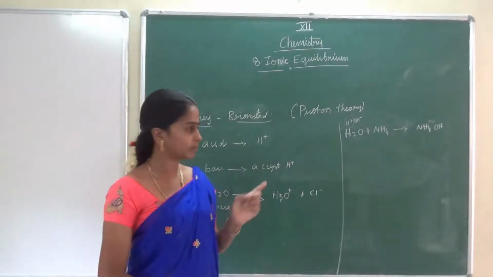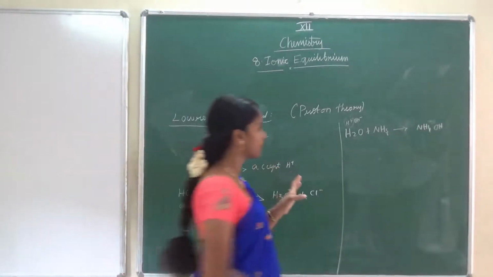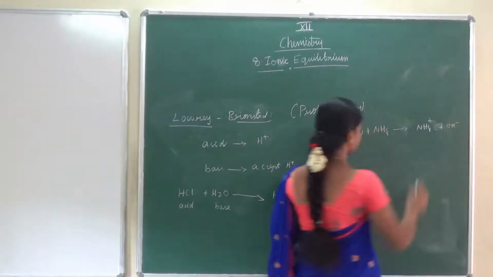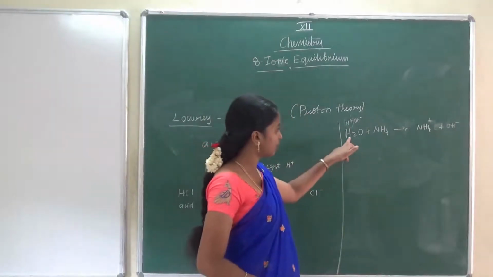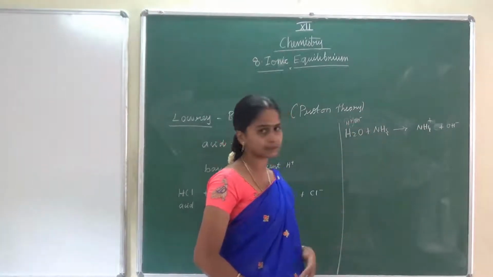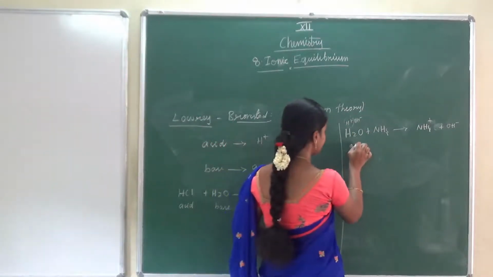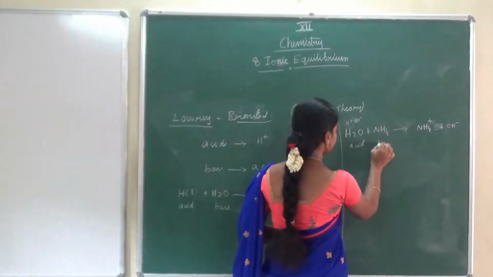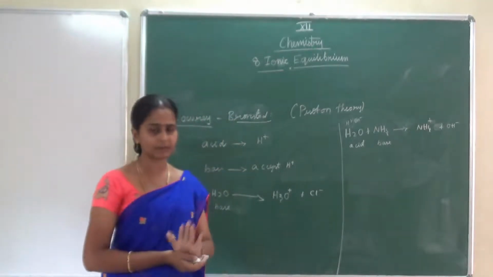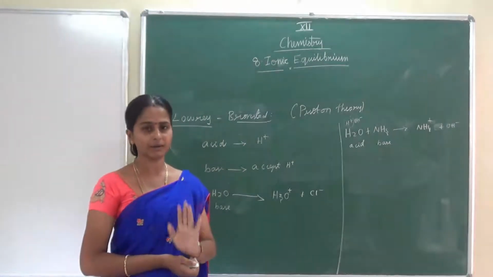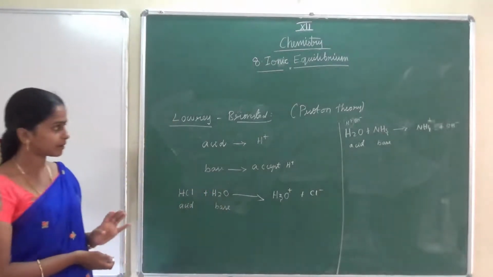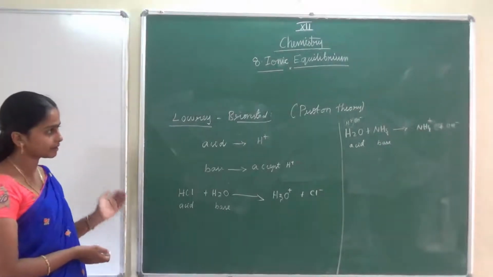If you know that, simply when we write NH4 plus and OH minus, let me write separately so that you can understand better now. Here water is releasing H plus and ammonia is accepting that H plus. So now water is acting as an acid. Here ammonia is acting as a base. That's all. So whoever is accepting proton are bases, whoever is releasing proton are acids. Very simple concept. Next he is giving a further idea.